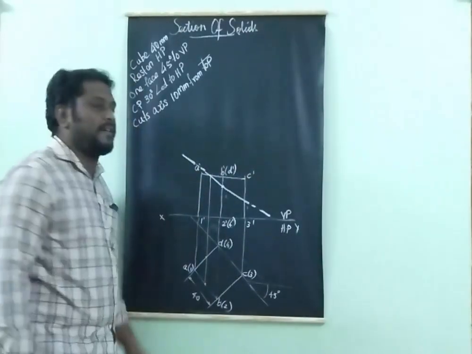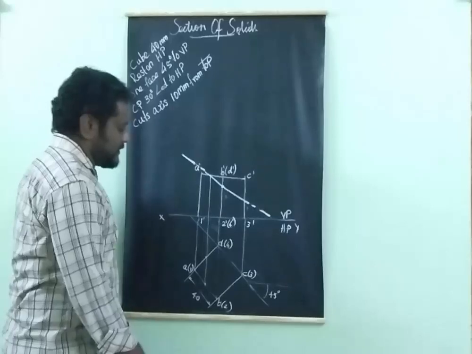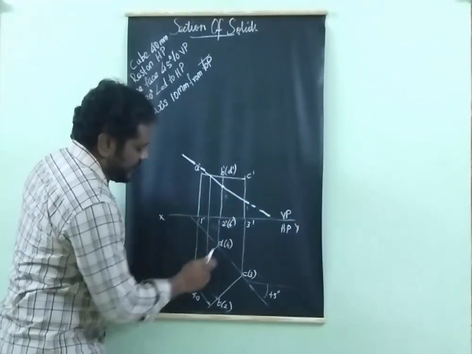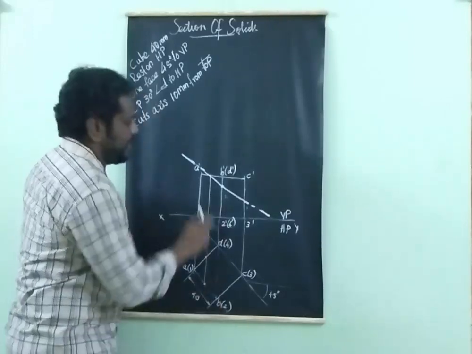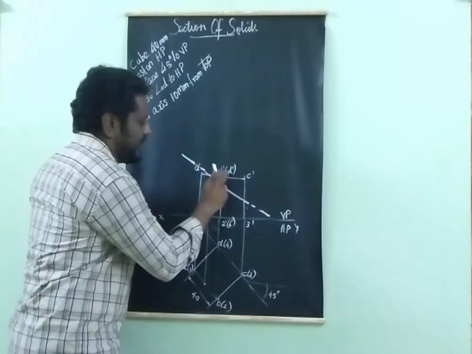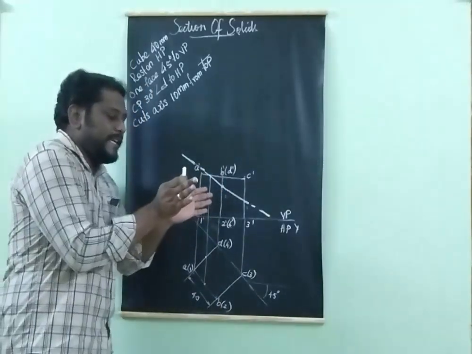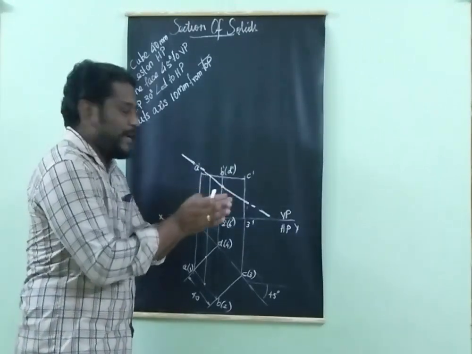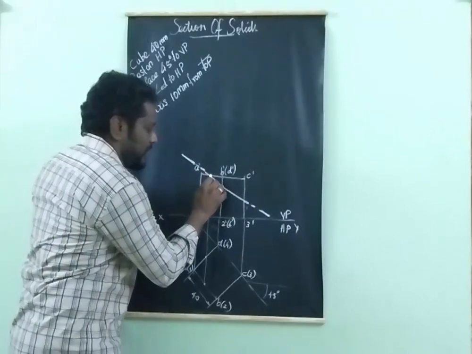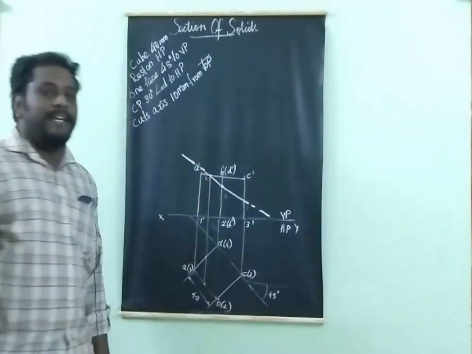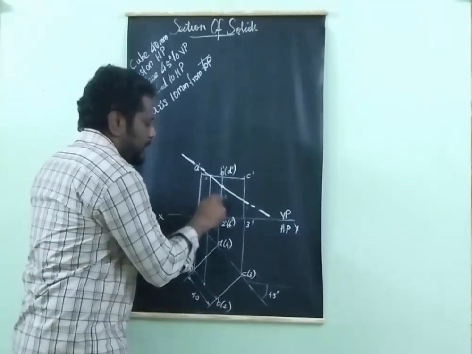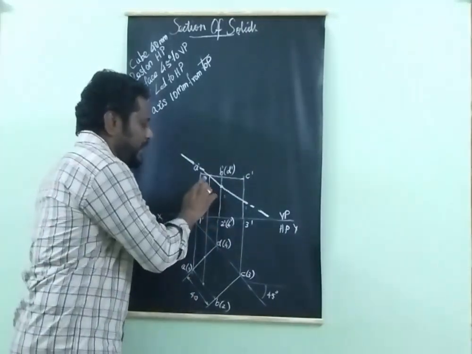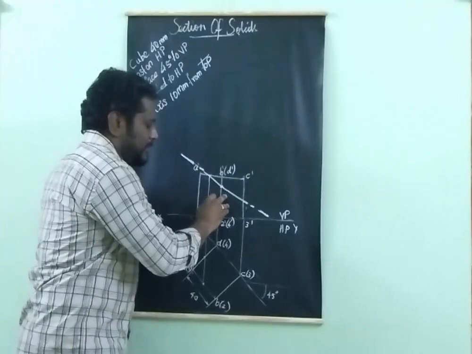Here another shorter edge point will be there. Since it is here, it cuts line AD and line AB, right? So AB and AD, there are two lines here like this. When you view from the front, these two lines coincide with each other, so there will be two cutting points here. So totally 2 plus 2 plus 1, 5 cutting points will be made by this cutting plane.